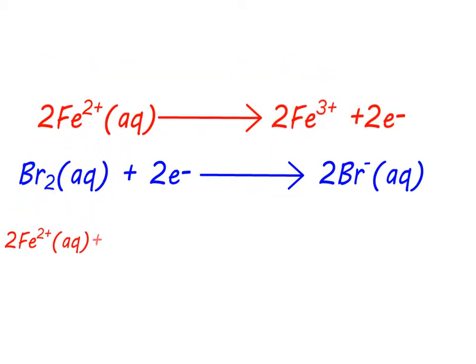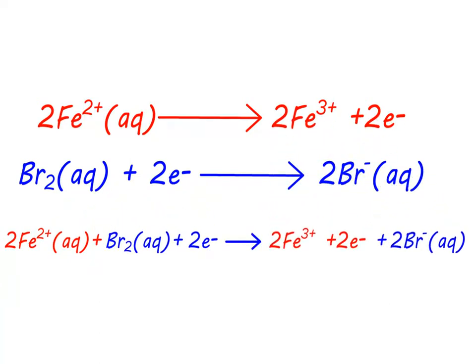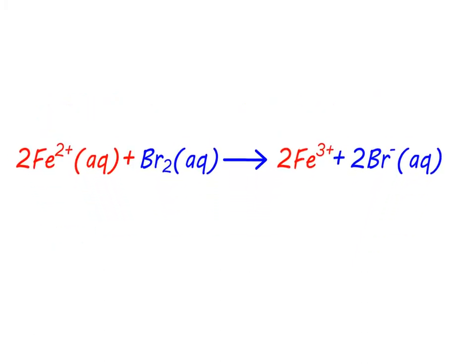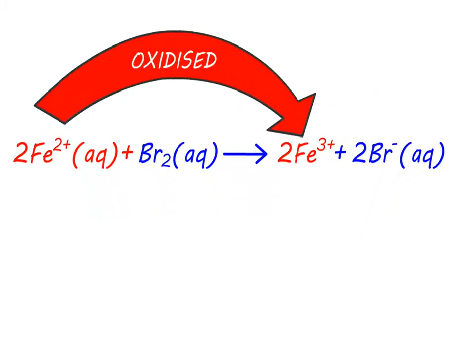Now the two half equations have the same number of electrons involved, we can add them together. Because we have the same number of electrons on both sides of the final equation, these cancel. In this reaction, we have an iron 2+ ion being oxidized to an iron 3+ ion, and the bromine is